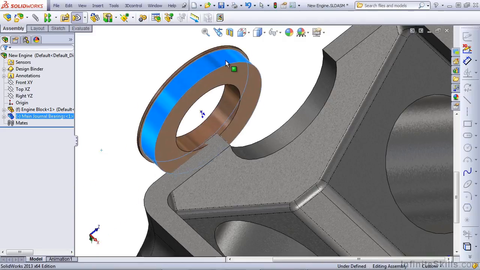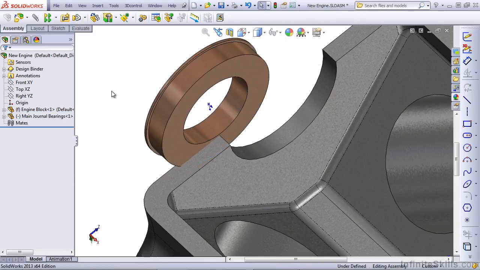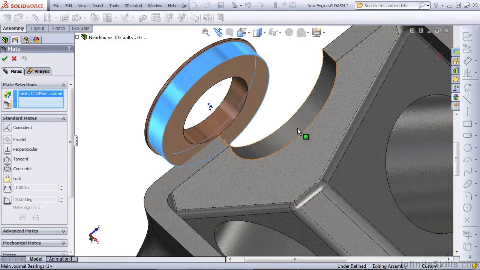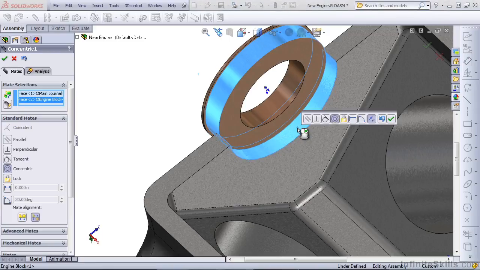Now we're going to try to place one of these using SmartMates and one of these just using regular mates, just to give you an idea of how both functions work. Let's start with using regular mates. Click on the Mate paperclip from the Assembly toolbar. Click on the cylindrical face of the bearing, the cylindrical face of the engine block, and then click on the